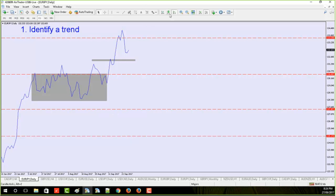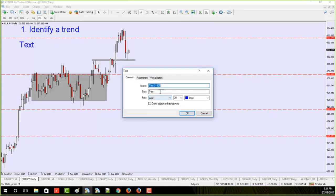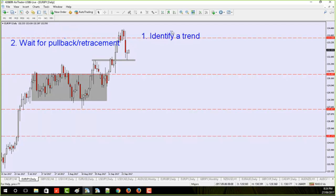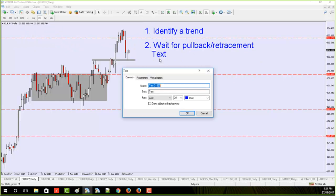And so once you've identified the trend, then what we do is we wait for the pullback. So this is number two. Number two is wait for the pullback. Pullback or retracement, whatever you want to call it. And then we get confirmation. There's two things that I'm looking for here after the pullback. One is I'm looking for